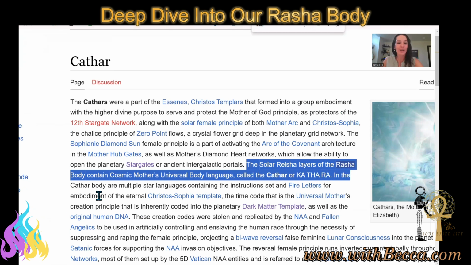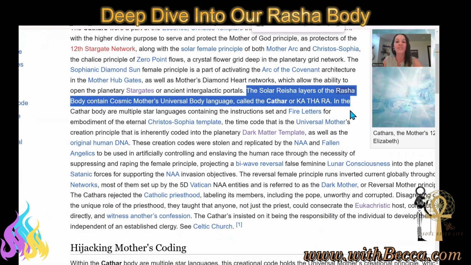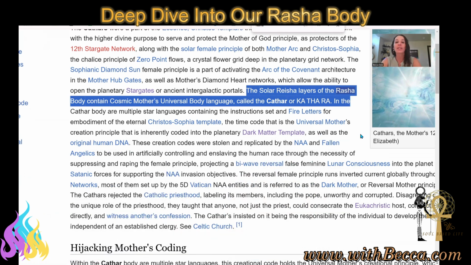And in the Cathar body are multiple star languages containing the instruction set of the fire letters for embodiment of the eternal Christos Sophia template and the time code that is the universal mother's creation principle that is inherently coded into the planetary dark body or dark matter template.